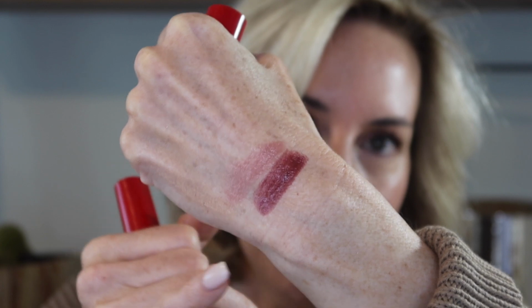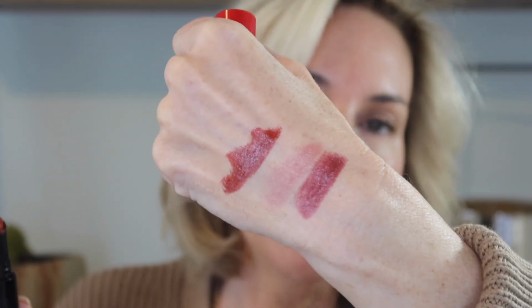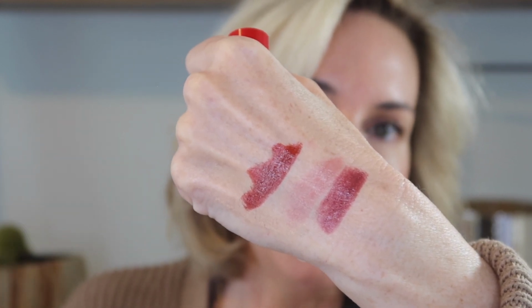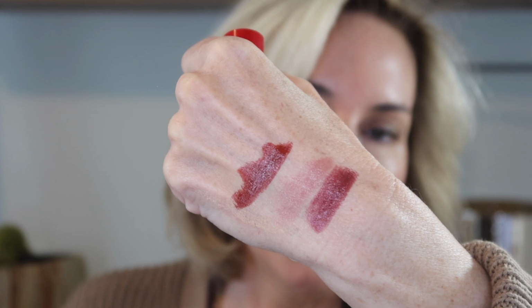So my nude, my deeper color, and I bought this shade during the fall, and that is number 202, which is a brown rose. All of these colors are so gorgeous, and the best part is they are truly, truly long lasting, but they do not feel drying on the lips. They have a little bit of shine. I prefer a little bit of shine on my more mature lips,